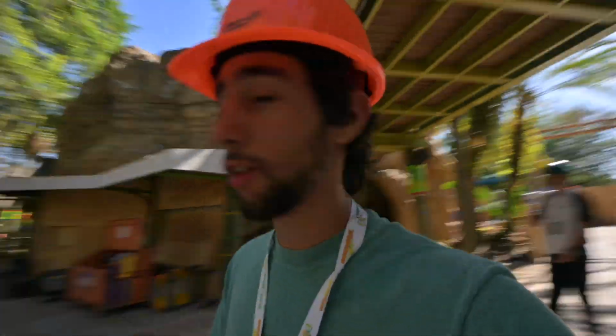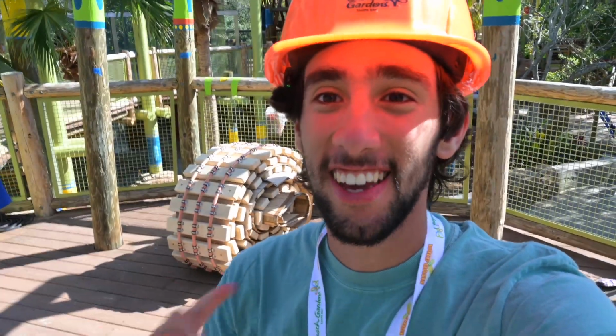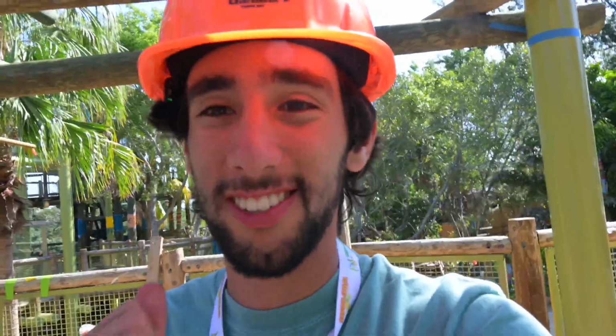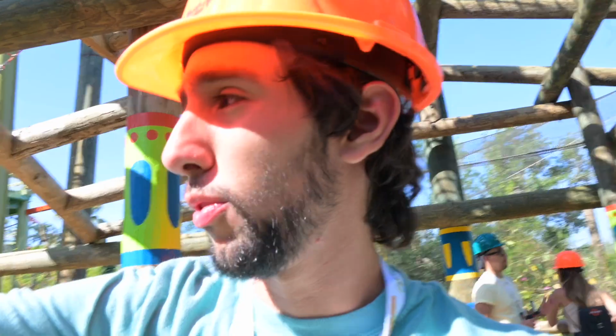Obviously still under construction. You have like net towers, and towers like that are just huge. They go so high up. That is the wooden bridge. Check it out. That is sick. It's gonna like go across the climbing structure, but it's so sick. It just wrapped up in a big ball like that. So that gap is where the bridge is gonna go, and it's gonna cross from point A to point B,